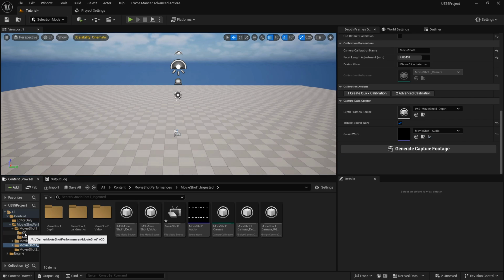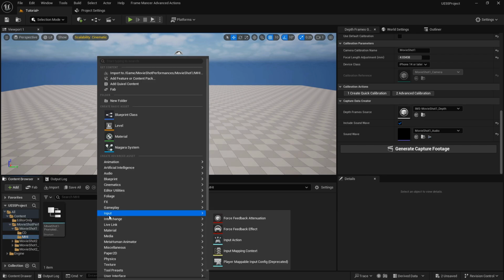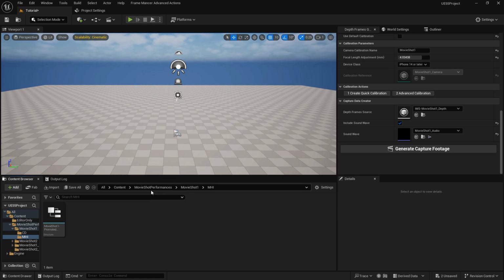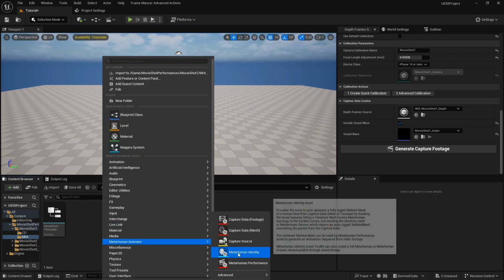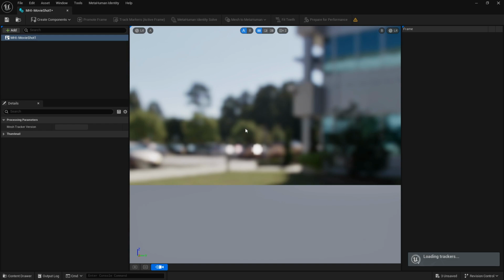And actually we have the capture data, and we can directly start creating our MetaHuman identity. I will go to MovieShot performances, MovieShot1. As you see, we have MHI already here. We'll go to MetaHuman identity, and I will create a MetaHuman identity here. I will call it MHI MovieShot1. We can open it,